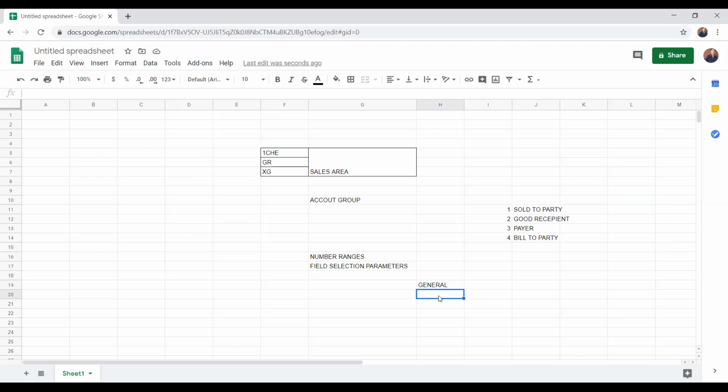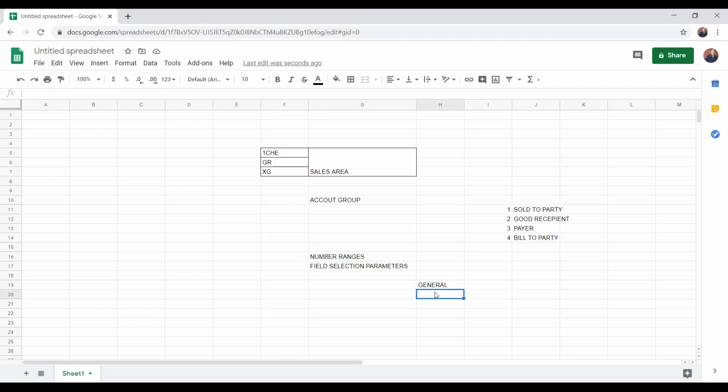In the general data section there are certain tabs available, and in those tabs different fields are available based on your business requirement. Those field selection parameters are the fields that you customize and give to your customers based on their needs.